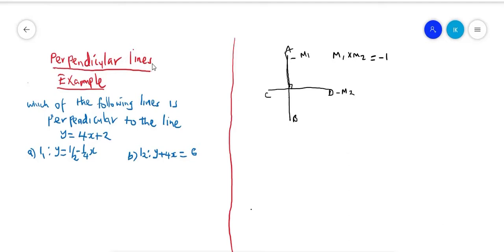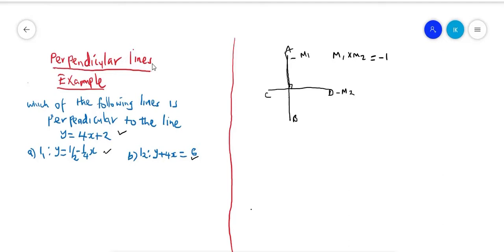So in this example here, we want to compare these lines. We want to assess if they are perpendicular. We have got three lines here, three equations. The first line is y equals 4x plus 2. We want to compare with line 1 and also line 2. So to start with line